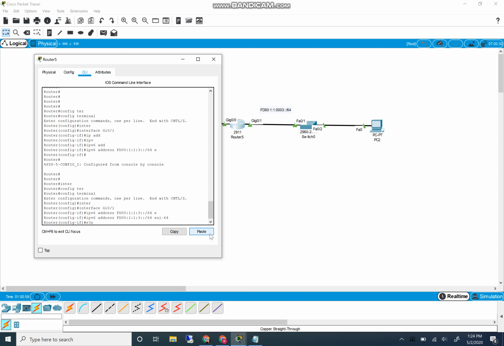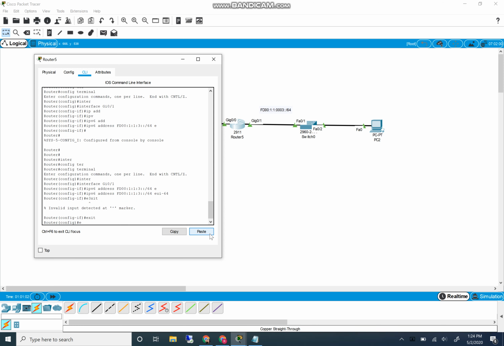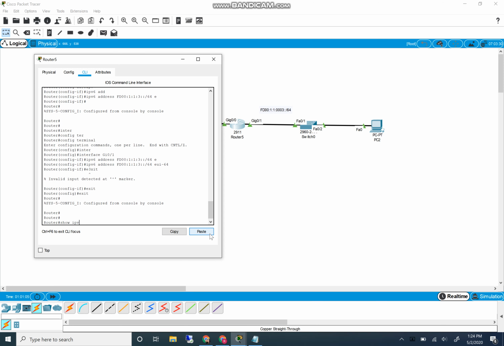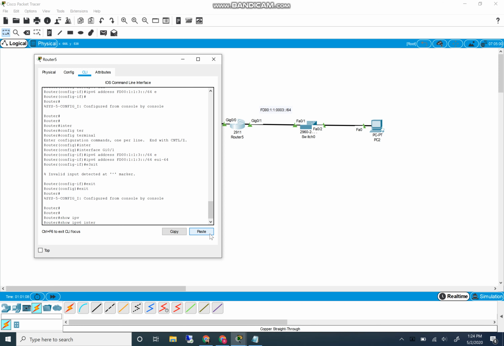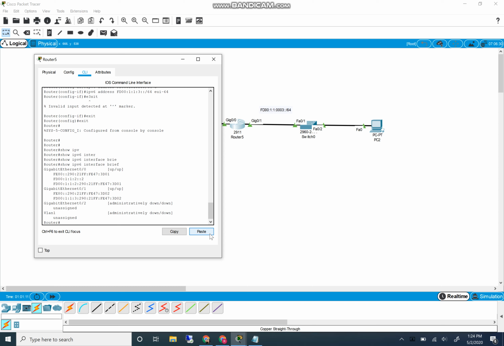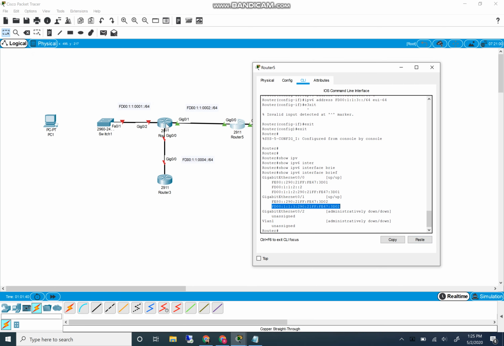through successfully. So now if we're going to check what that IP address actually is, we can do a show IPv6 interface brief, and we can see the IP address that was set for 0/1. There it is right there. Don't get it confused. That first one's the link local IP, but this is the unique local IPv6 address. And so that works out just fine until I'm going to be trying to set my default gateways on my end user devices, or I'm going to be trying to do routing in between devices here,